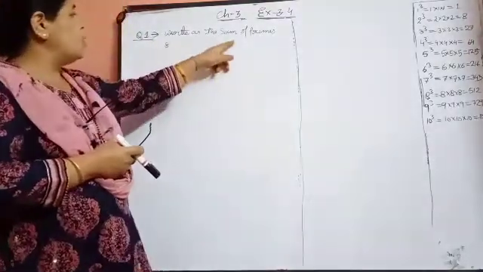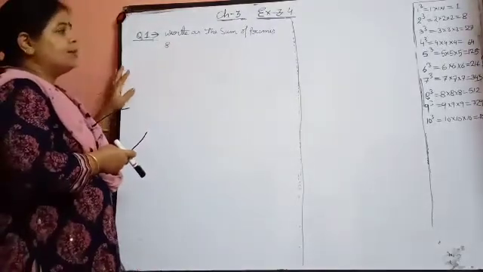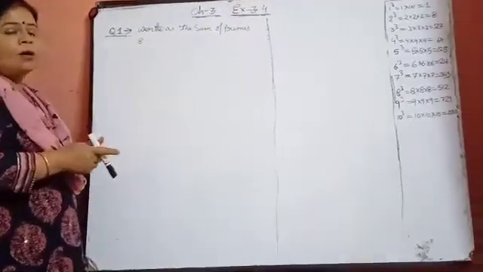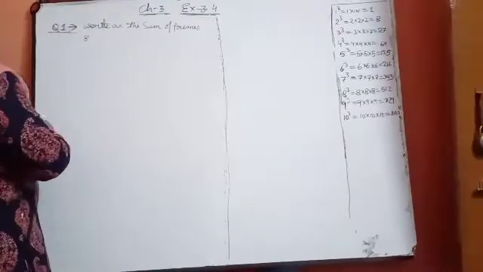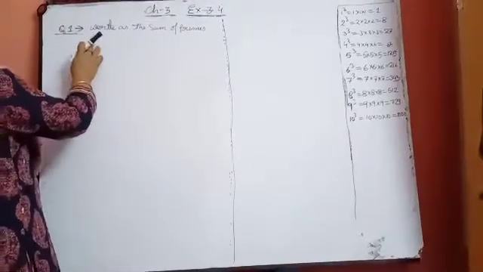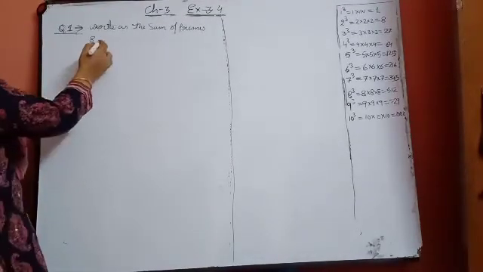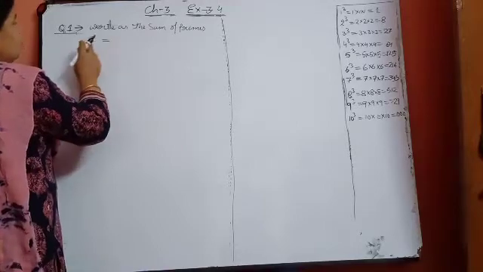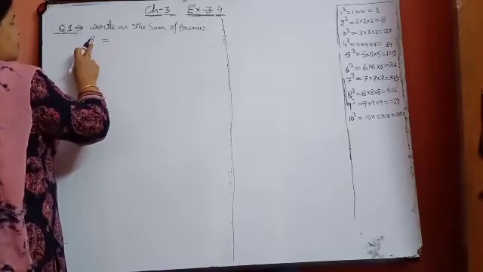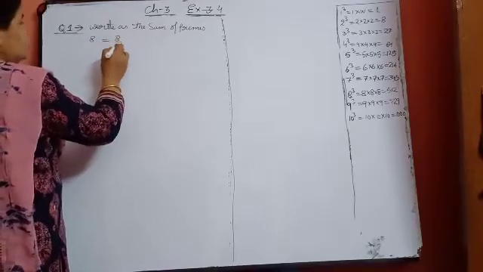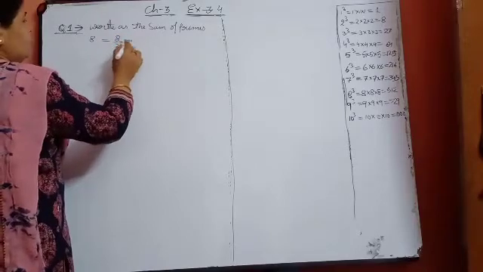Write as the sum of primes. It means we are given a number and we have to write it as a sum of primes. How will we do it? It is very simple: given the number, we have to write it in the form of a sum of prime numbers. So you just divide the number always by 2. If you take 8 upon 2, in a simple way, what will you get? 4.